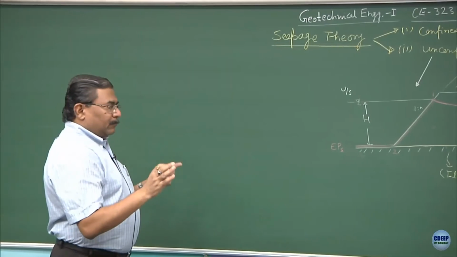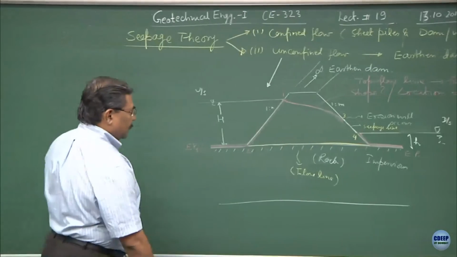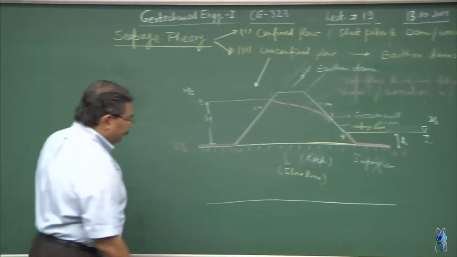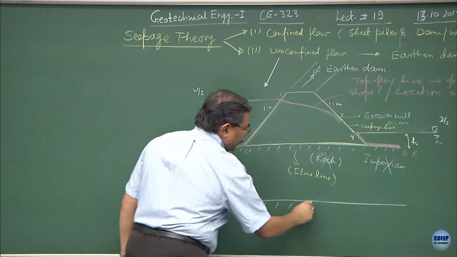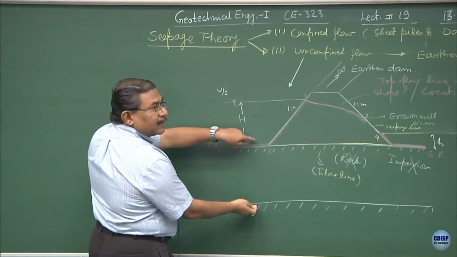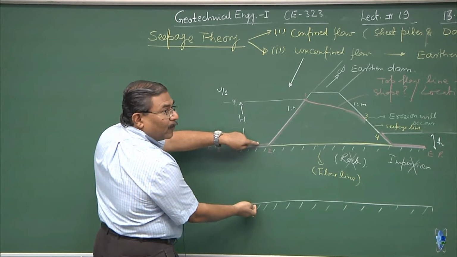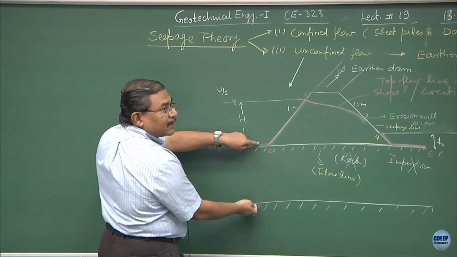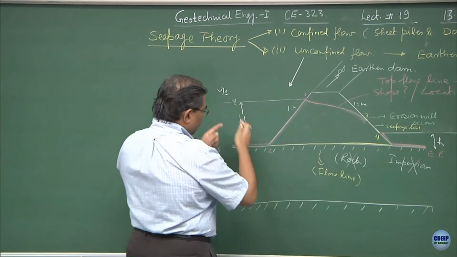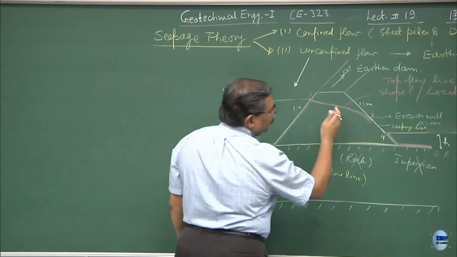A comprehensive picture of this situation would be if I consider the foundation soil also. So I will remove this impervious layer from here and I will shift the impervious layer somewhere over here. Now what has happened? This portion we have already analyzed, clear? So this is a sort of a confined flow. In totality or in real life, what happens is we have a composite porous media domain through which the seepage is going to take place. So some part of the seepage is going to take place through the foundations, the rest of the seepage is going to take place through the body of the dam.